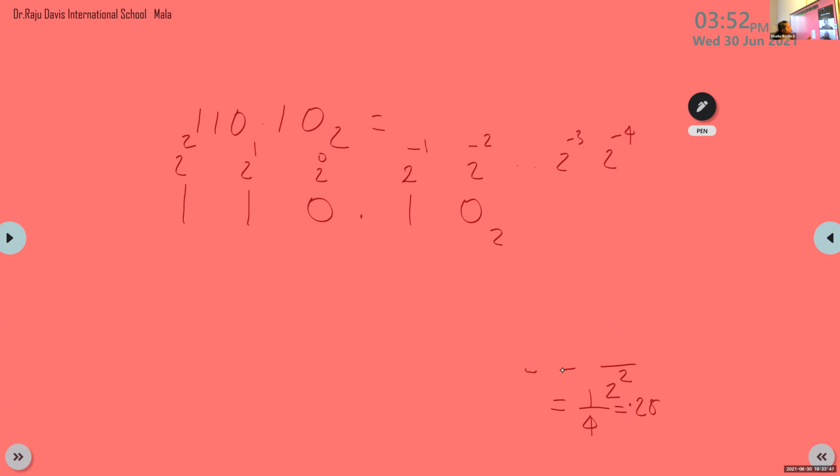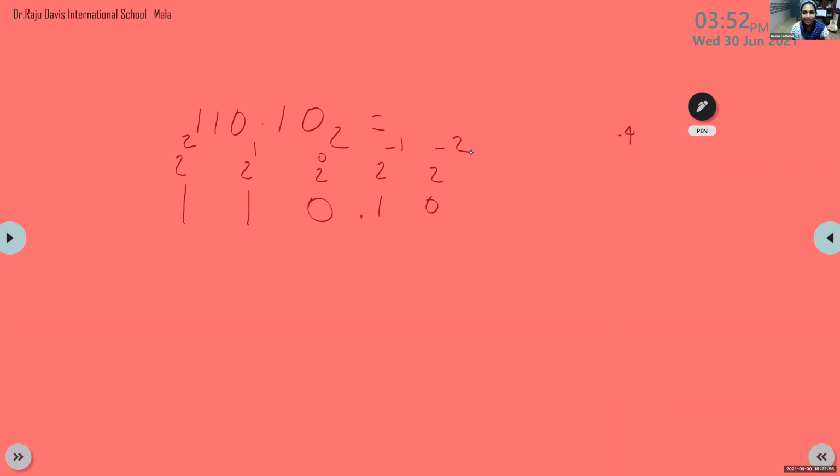Okay, I'll write here. Here we want to convert 2 raised to minus 1. 2 raised to minus 1 is equal to 1 by 2 raised to 1; the minus 1 is converted to plus 1 when we take the reciprocal. So it is 1 by 2. What is the answer of 1 by 2? It is 0.5. So the answer of 2 raised to minus 1 is 0.5.